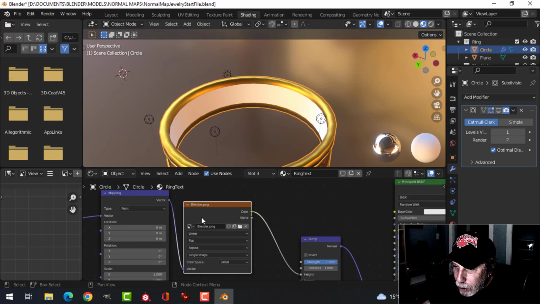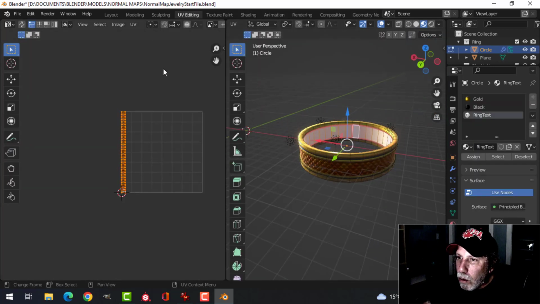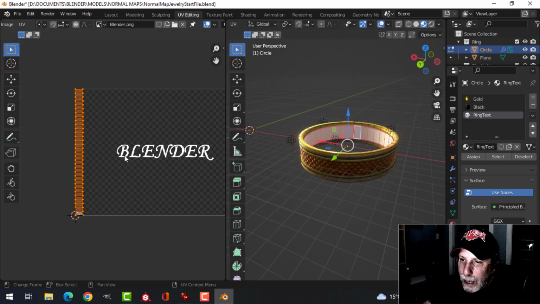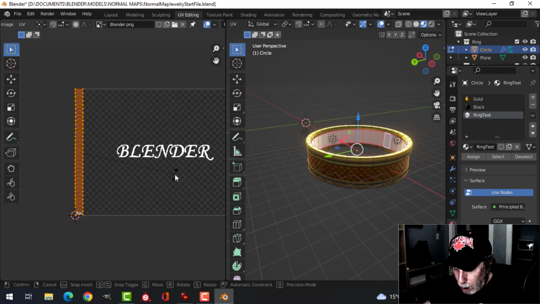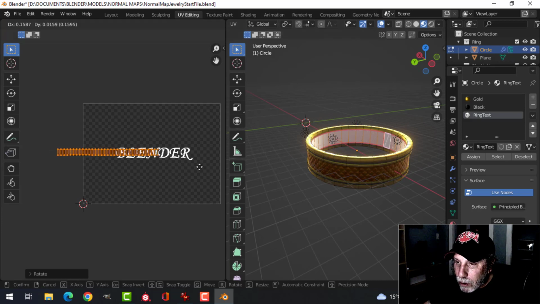Okay, so I've selected my text. It is sRGB. If I do go to the UV image editor and I don't see the word Blender in there, just come over here and select it from here because we have loaded it. All right, now our UVs are here and the word is there. We don't see it there. So I'm going to take this and I'm going to lay it out over Blender, but I believe I'm going to have to rotate it -90. So I'm going to go R -90. Start to see something, drag it over,